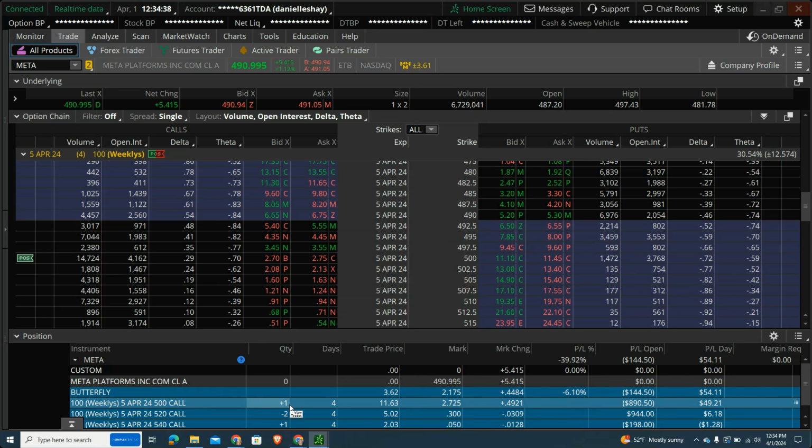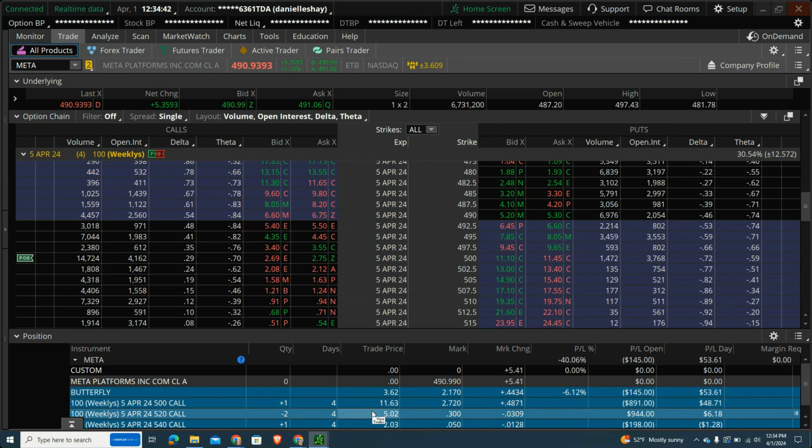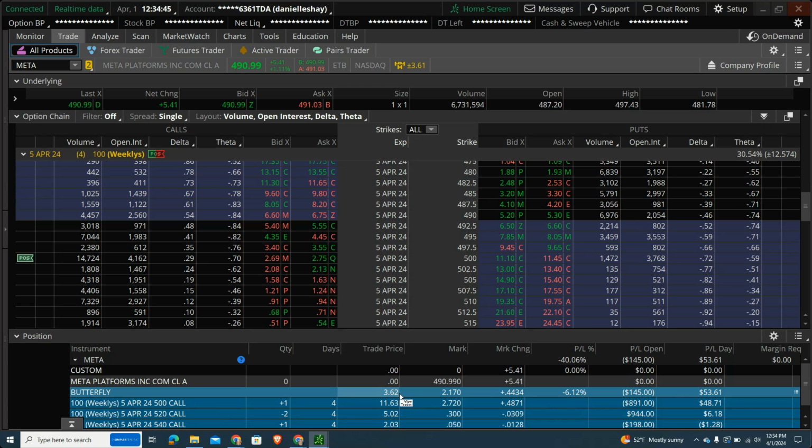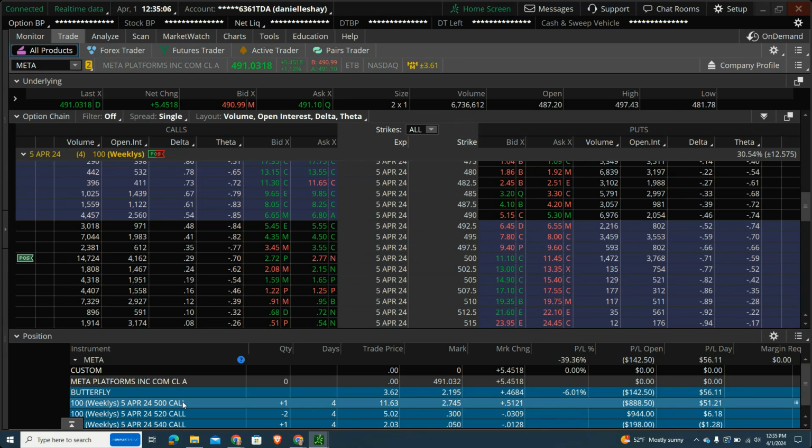So, is it possible that it comes back and Meta trades higher by $12 by the end of this week and I can get a break even? It is possible, but it's more likely that the 40% loser turns to a 100% loser and I lose my entire debit. I don't like to lose 100% on any trade, so I would prefer to take a 40% stop loss and reset the trade. Because even in a best case scenario, it comes back to maybe break even, maybe positive if